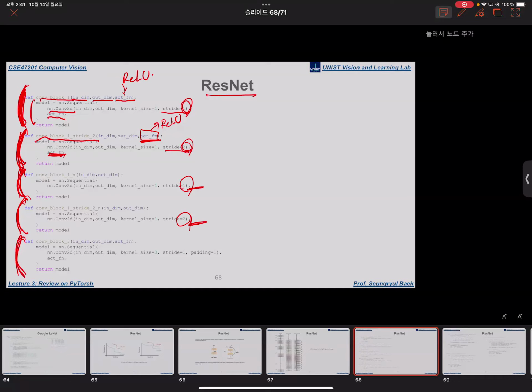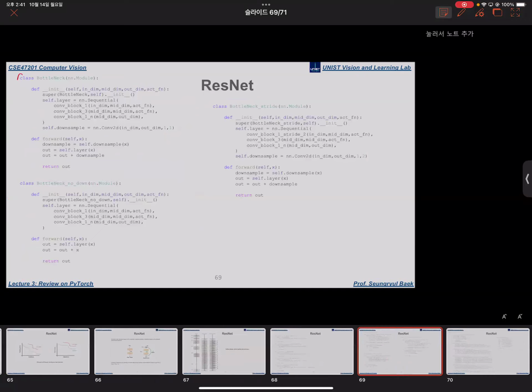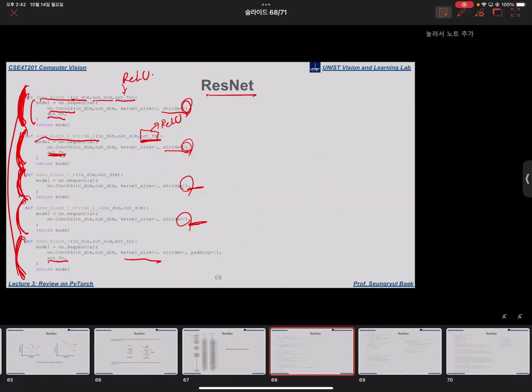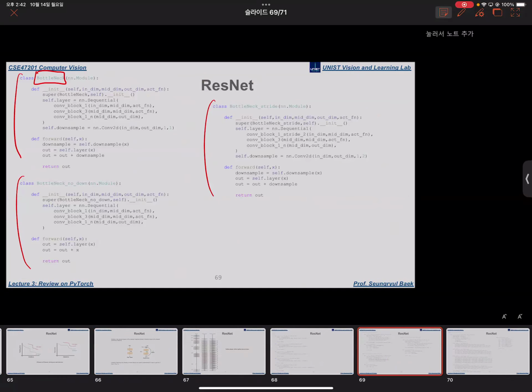And here we define convolutional layers with different kernel sizes and the activation function. We actually define 5 different types of convolutional layers. And then this is important: we define bottleneck layers. This bottleneck layer is actually this type of layer. What the bottleneck layer does here is that they first define layers